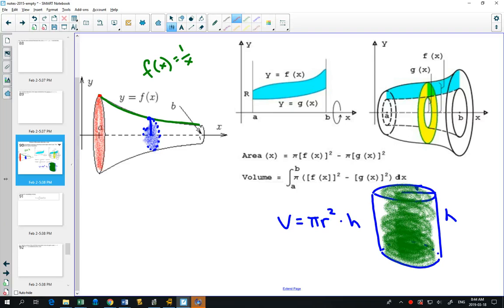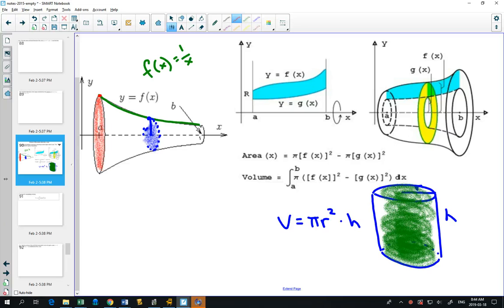Now, if we added up all of those different circles of different radiuses, we would get the volume of that shape in total. And so we use what we know about integrals and combine it with this idea of rotating something